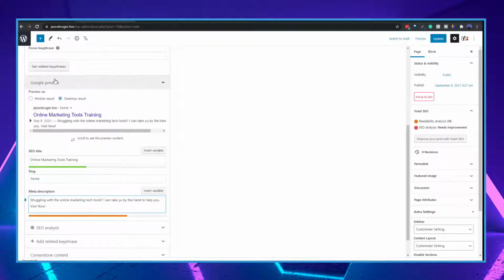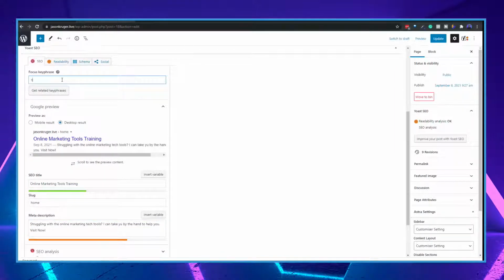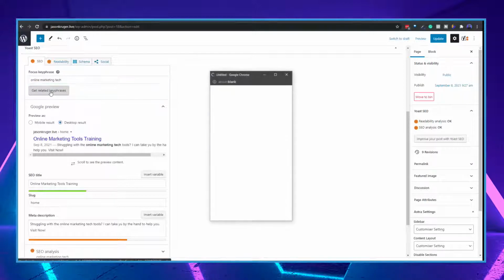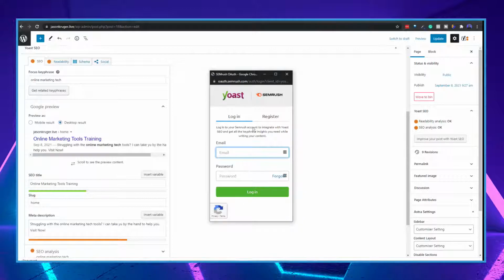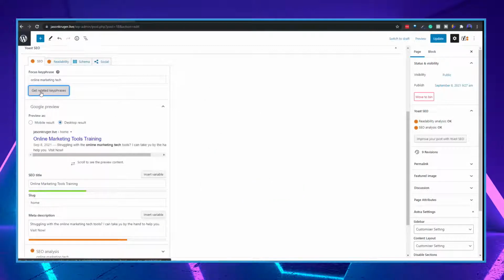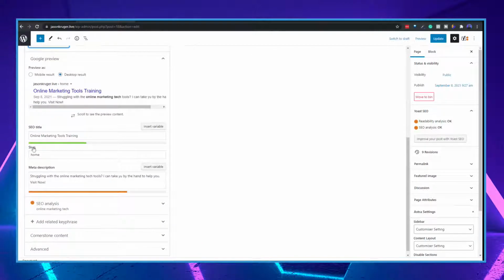And just to show you what it does, if you put in here online marketing tech, and then I can just get related key phrases as well. Now I don't have an account with them at the moment, so I'm not going to get any related key phrases at the moment, but that's there. Online marketing tech tools training. Struggling with the online marketing tech tools,